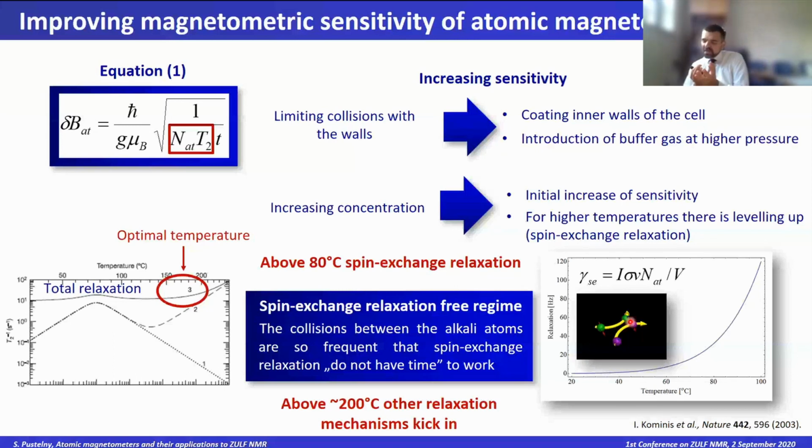So if you contain this media in some bulb, we call it a glass cell, then it is much more probable that it will collide with walls than with one another. So what you want to do is prevent the collisions with the walls, because the collisions with the walls destroy your coherence, destroy your polarization. So you do 2 tricks. One trick is that you put some layer inside the walls, and then this layer prevents depolarizing within the collisions. This is something we call paraffin or anti-relaxation coating that we put on the walls.